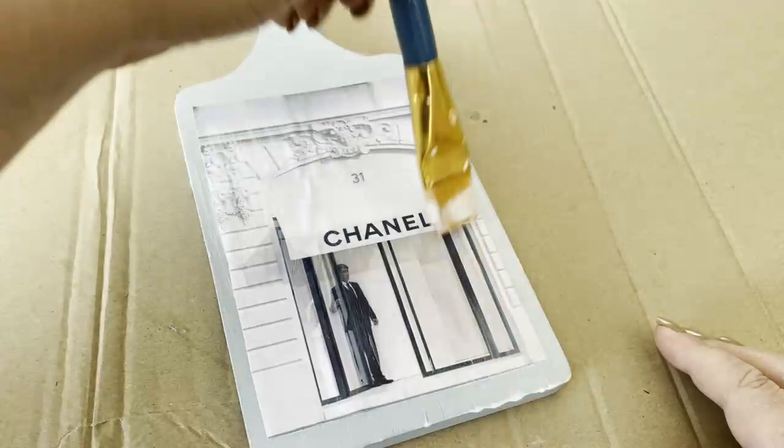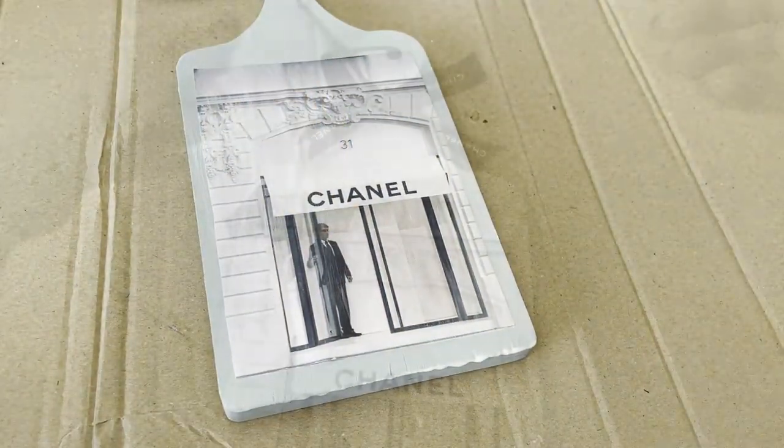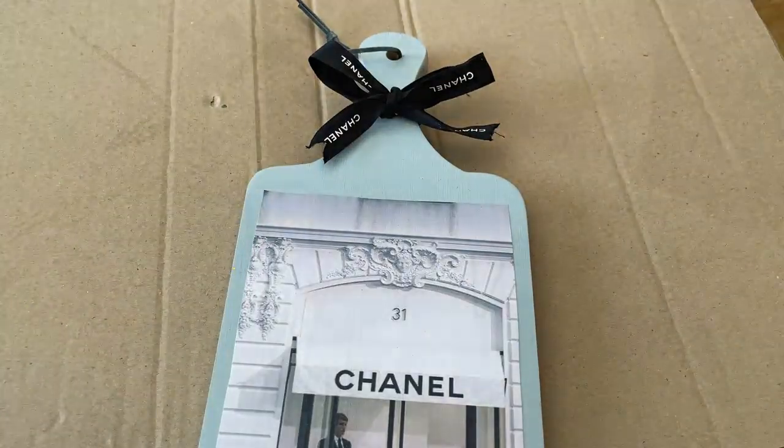Now, it was a nice sunny day when I was doing this project, so I put it outside for about a half an hour and it dried beautifully. What I did then is I had some Chanel ribbon and I tied a shoestring bow around the top of